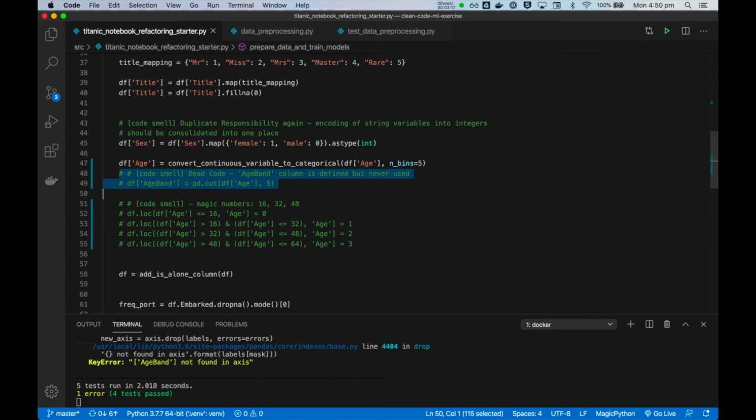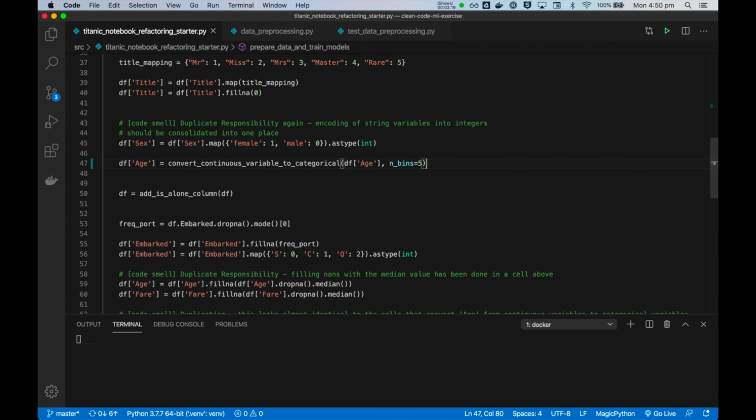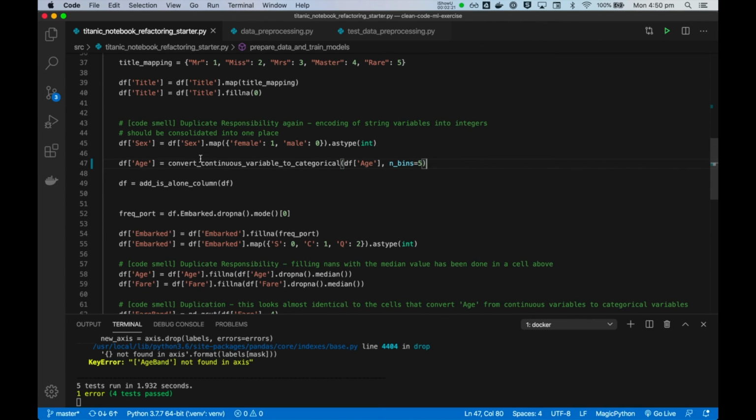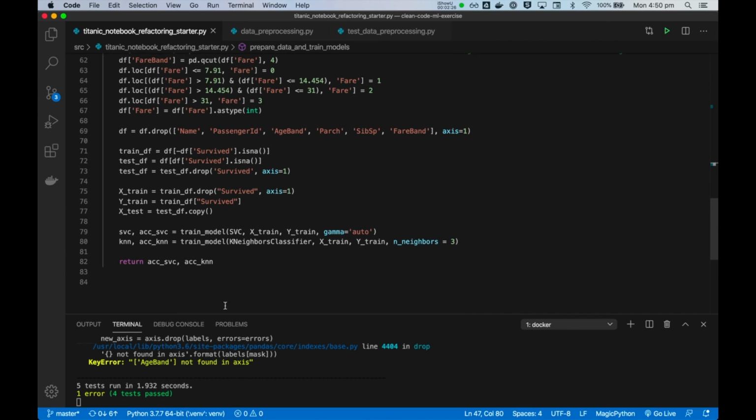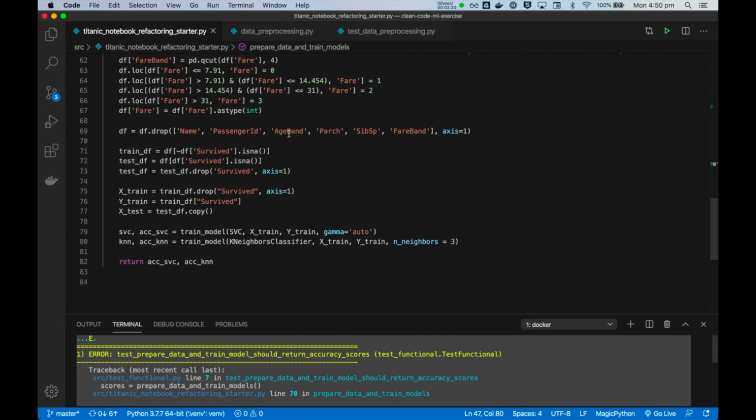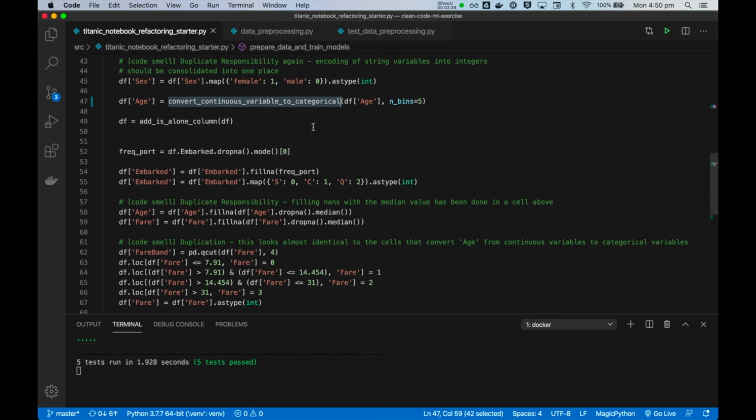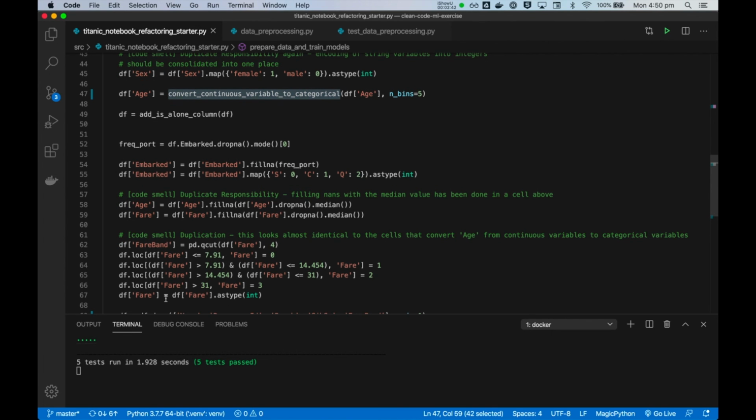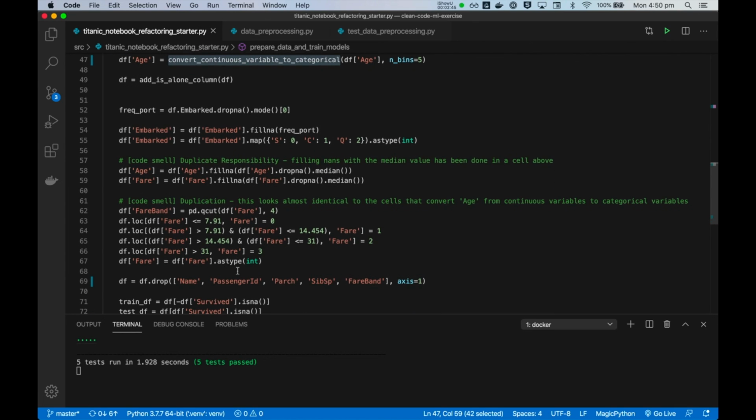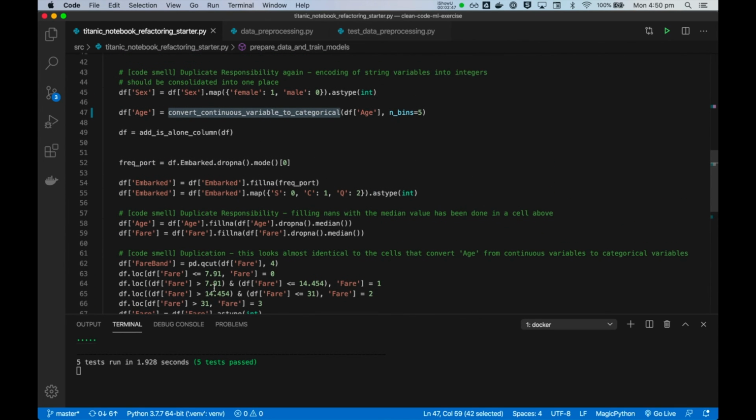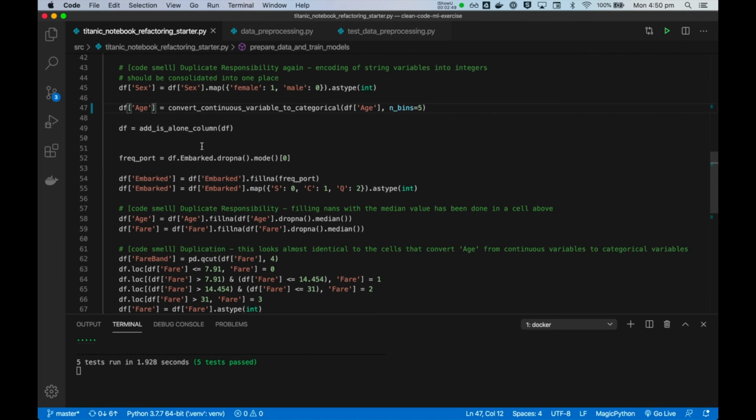Now this preserved that behavior, and we no longer have that temporary age band variable, and our characterization test is helpfully telling us that. So let's remove this, otherwise, yeah, it will blow up. Okay, and this happens again later for fare band, and so yeah, we can do that as part of the same refactoring. But for now,